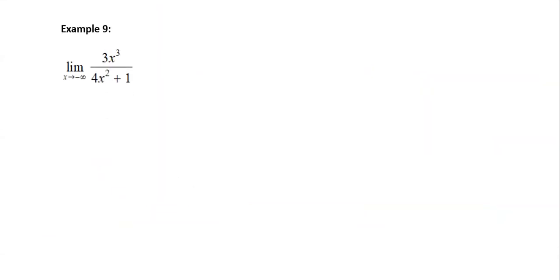Another example here, example 9. Now the degree on the top is larger. So it's approximately equal to the limit as x goes to negative infinity. That's a large number. It's a negative number. It's still a large value. I just keep the highest degree on the top and the highest degree on the bottom now, and I reduce. Even if I had a minus 2x plus 3, I would ignore those. I'm only at the highest degree. And I reduce, and I get 3x, x cubed over x squared, gives me an x on the top, over 4. So now, well, I get a 3/4